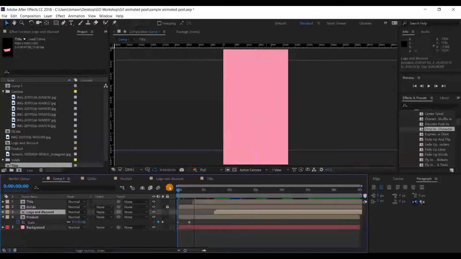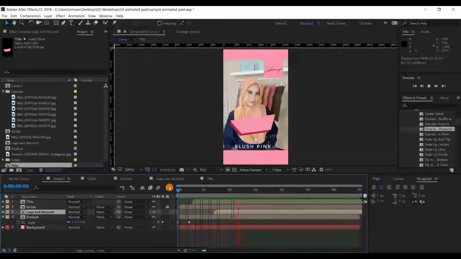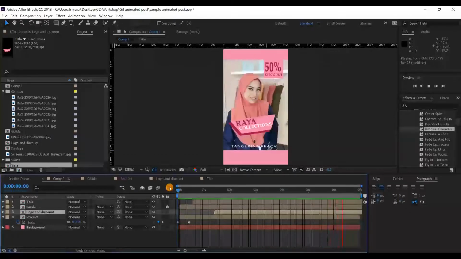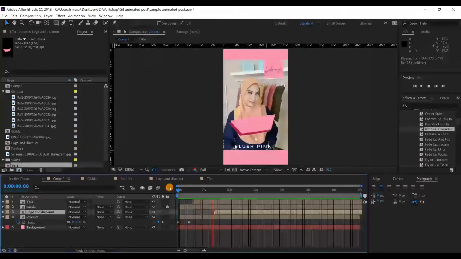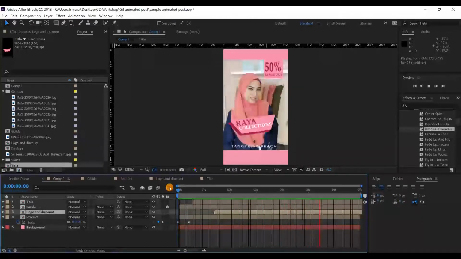This is how we rearrange all our elements according to their sequence, which element we want to appear first. For this tutorial, I start with the pictures, then the title, and then the logo. So the picture appears, the title comes, and the logo and also the discount will appear.